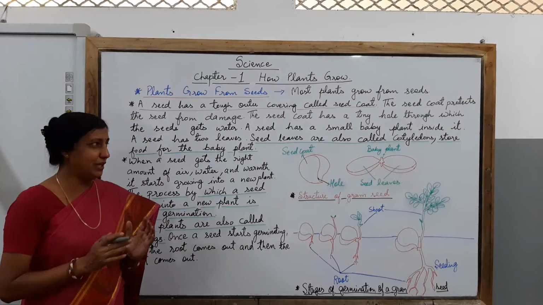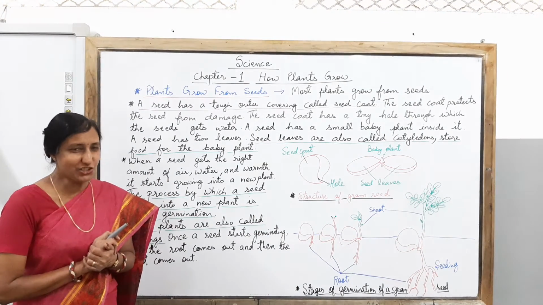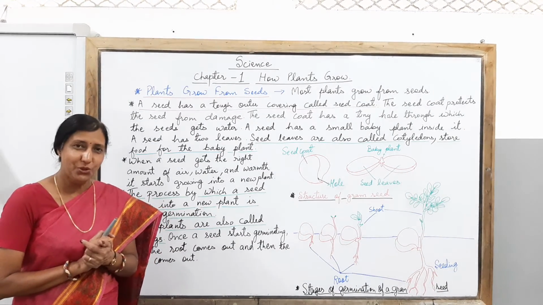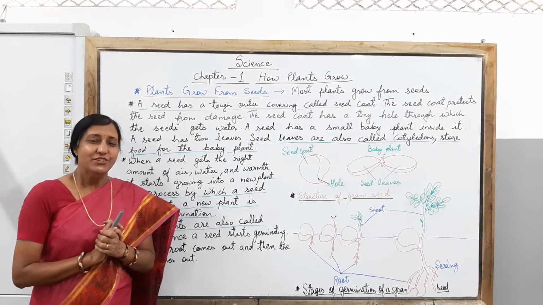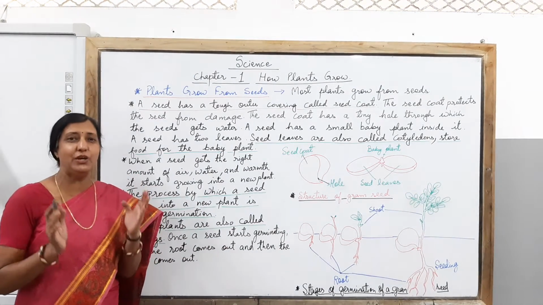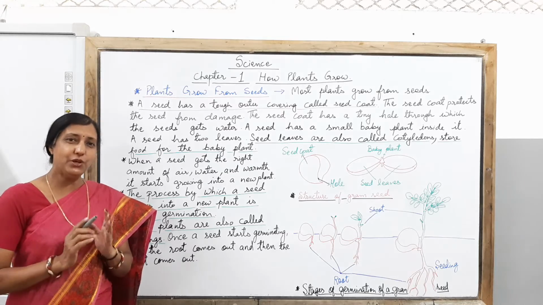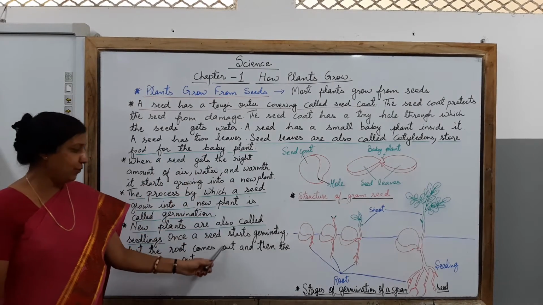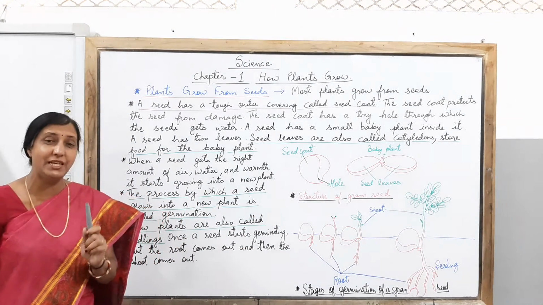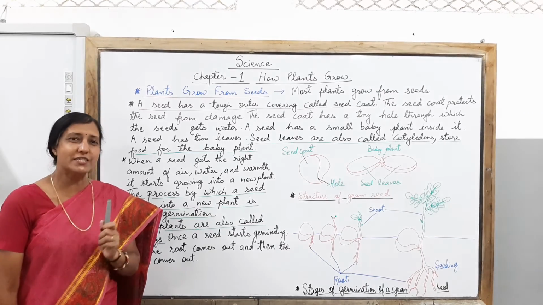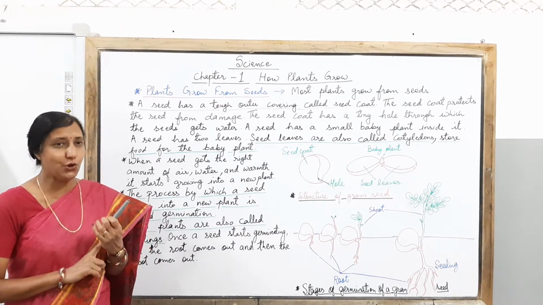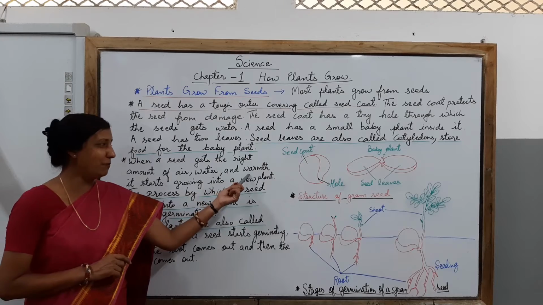So with the help of this class today, you are able to understand the complete structure of the seed and the process of germination which a gram seed has to go through for its growth. So that's all for the day, children. Just try to revise everything I have explained in my class today, the structure of a gram seed as well as the stages of germination through which it goes for its proper growth. And please remember the three things which a plant needs for its growth are air, water and warmth.